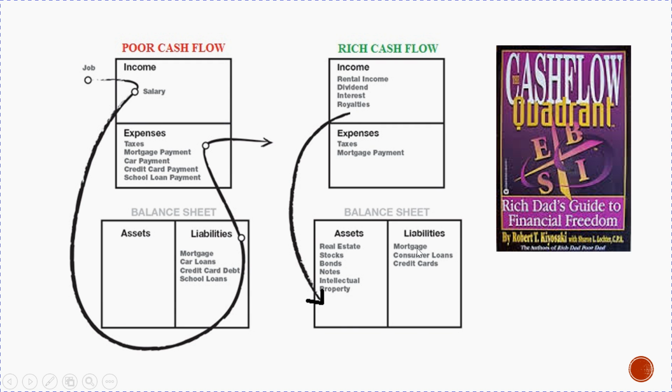Liabilities are things like your mortgage, and then you've got a mortgage payment. You've got taxes generally anyway, just because we all have to pay taxes. So some expenses we can't avoid. And you've got things like consumer loans and credit card loans, resulting in credit card interest payments and other payments you have to meet to pay these off. So that's how cash flow works, whether it's in a business or on a personal scale.